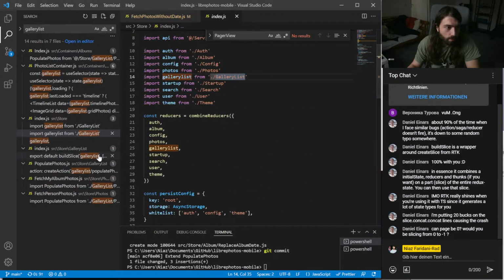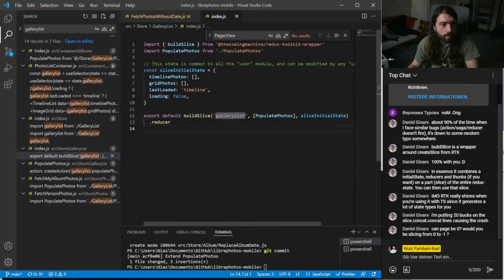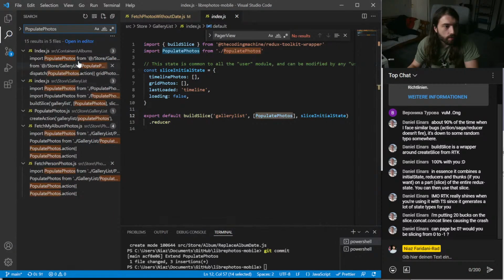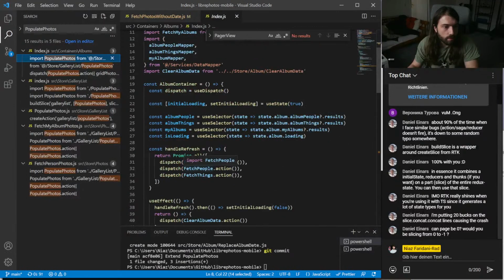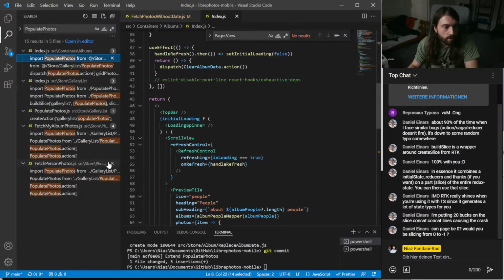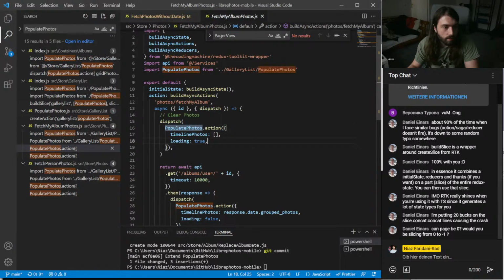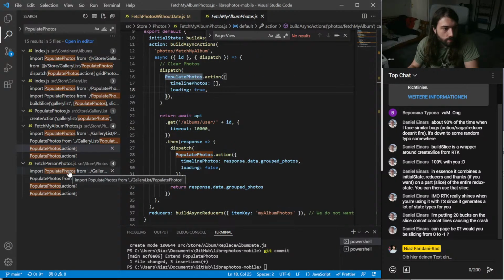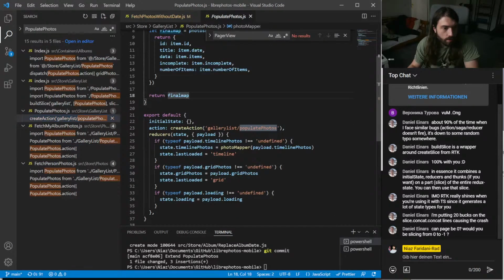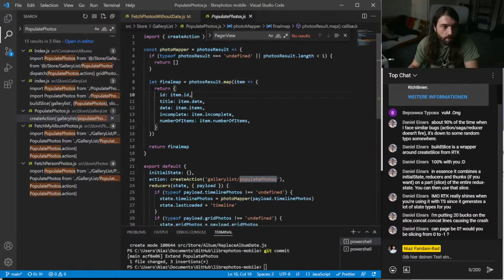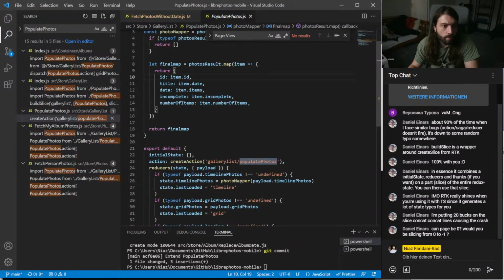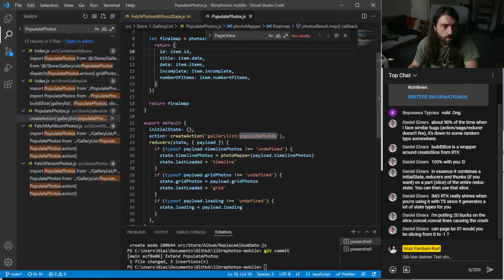Right, that's a reducer. Populate photos. Right. Here we go. Then we had here a photo mapper, and the photo mapper, no, we also didn't create any temp objects there.